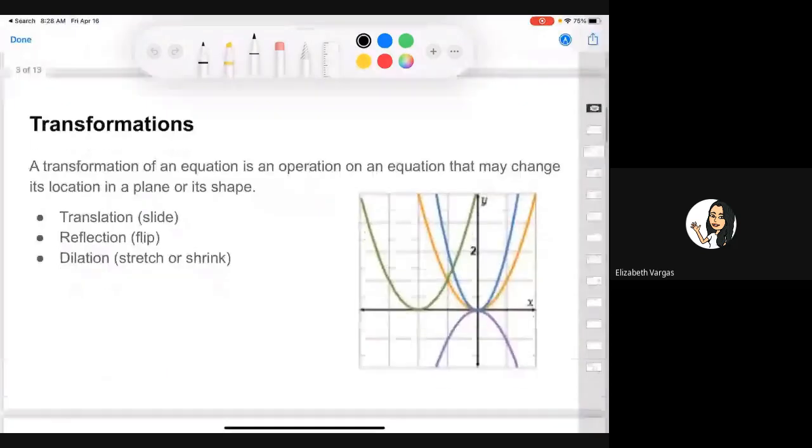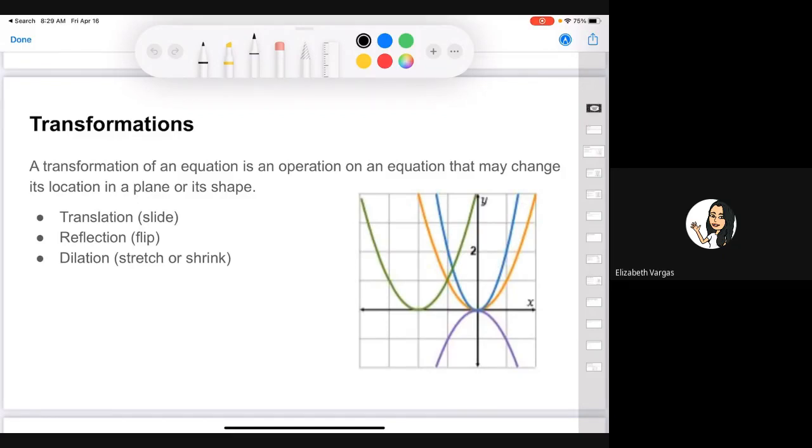A transformation of an equation is an operation on an equation that may change its location in a plane or its shape. Here we see different types of transformations occurring to that original blue line. Our original blue line is our standard form, and all the other lines indicate a transformation. We can have a translation, which is a slide, a reflection, which is a flip, or a dilation, which is a stretch or shrink. We'll see how we can perform these different transformations